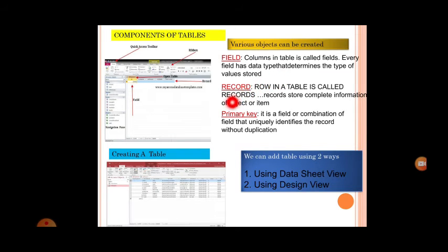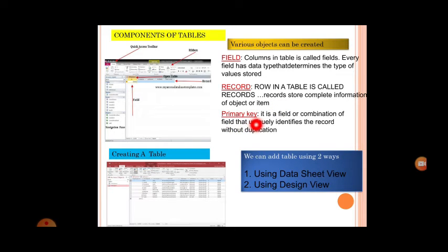A record is nothing but a row in a table. It's also called a tuple. Again, I am going to repeat it: here it's also called attributes. Records store complete information of an object. So what does a record store? For example, a student. His name is Raju. All the details of Raju will be stored in a particular record. But the columns remain the same, only the student's name changes here. Student name, address changes here. The column name remains the same here.